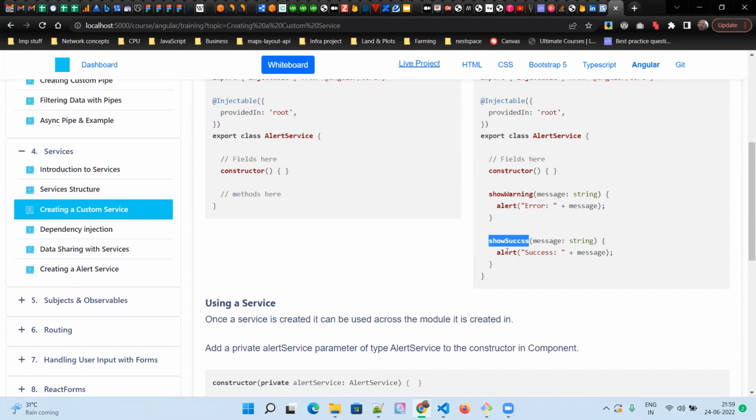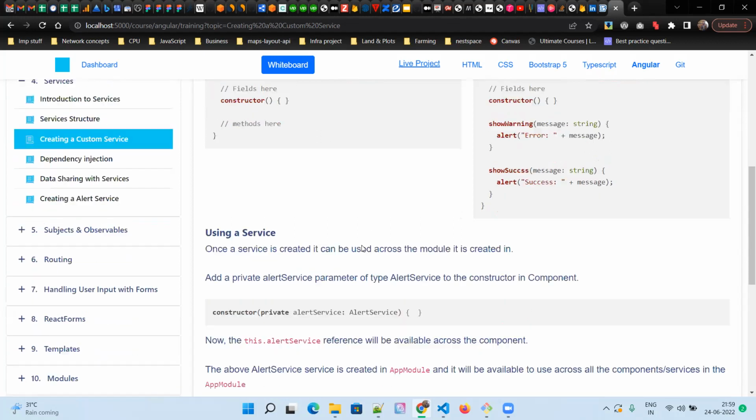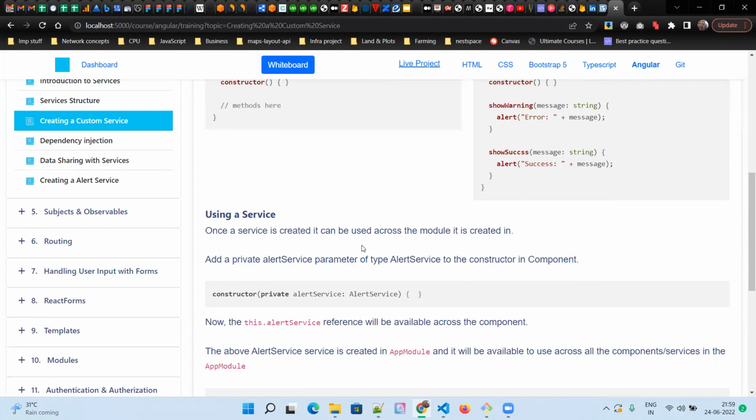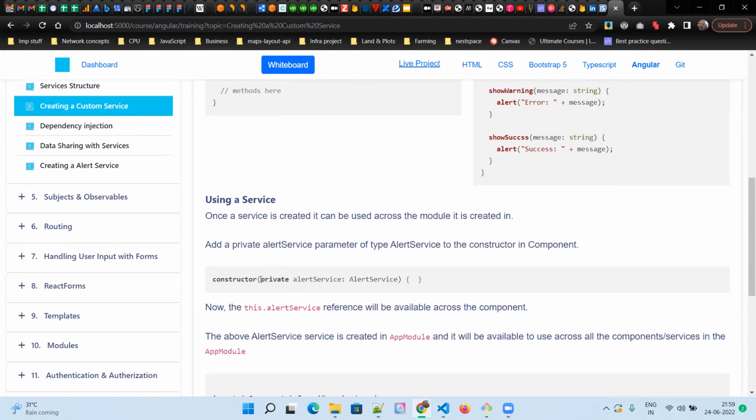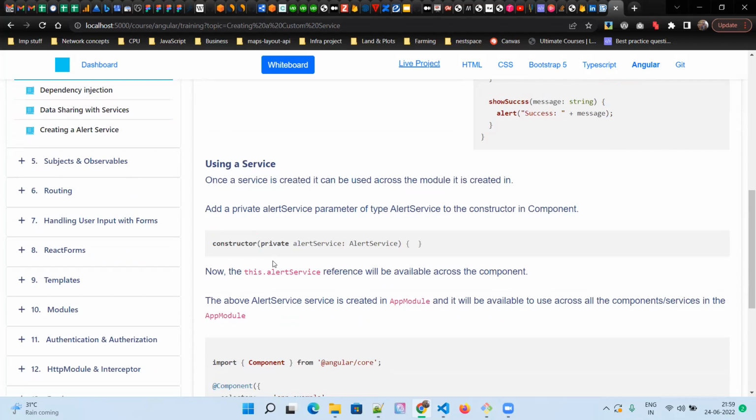And for success, it will just alert with a success prefix and then the message from where this service is called. Okay, now to use that service, we have to use the constructor injection. Okay, so this is called constructor injection. In TypeScript, we saw how to define fields or parameters in the constructors, right? So the same way, we can add a service